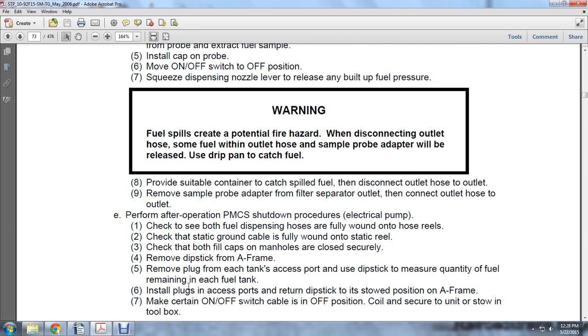Remove the dipsticks from the A-frame. Remove the plug from each of the tanks access ports. Use the dipstick to measure the quantity of fuel remaining in each fuel tank. Install the plugs in the access ports and return the dipstick to its stowed position on the A-frame, making certain of